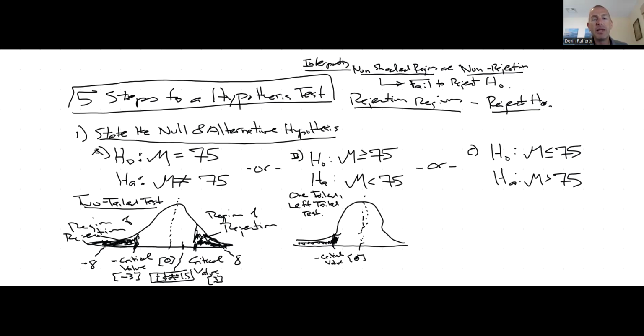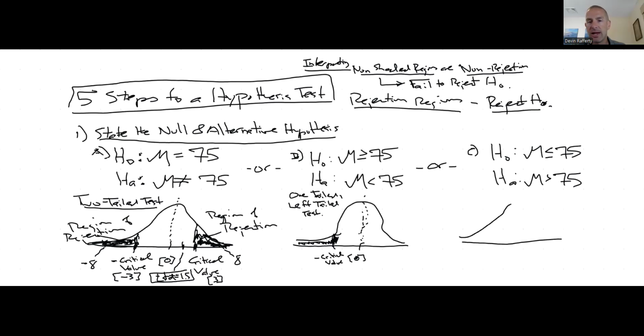For case B, whenever you have a less than sign in the alternative hypothesis, a less than sign gives you a one-tailed, left-tailed test. It's over here and it's pointing left. That means you have a negative critical value. Finally, over here for case C,